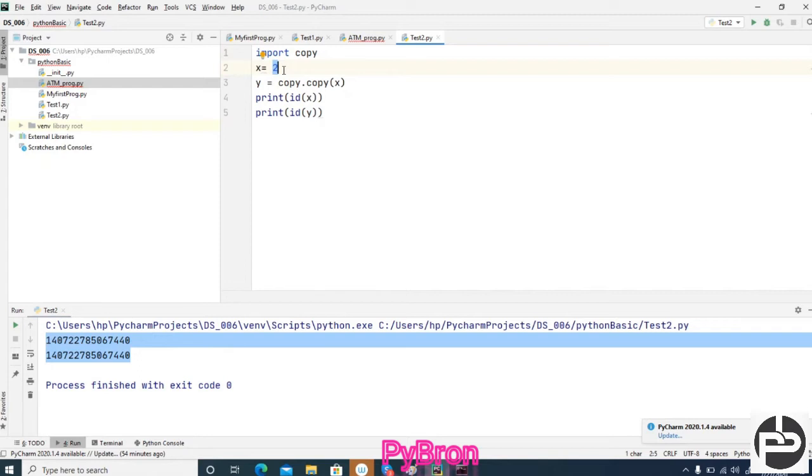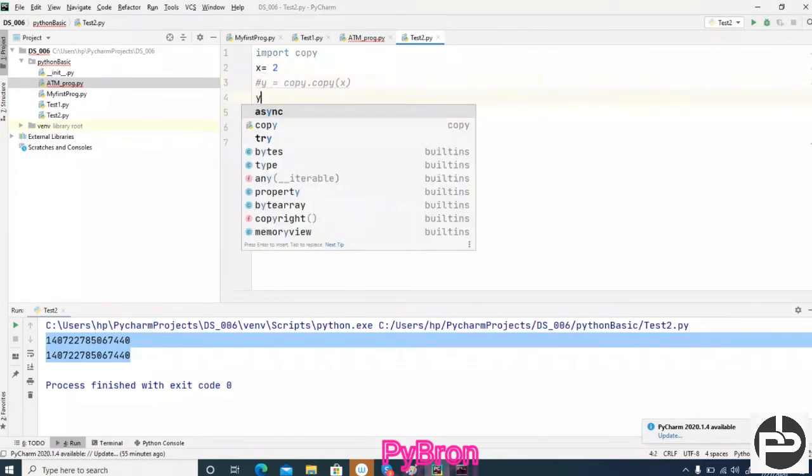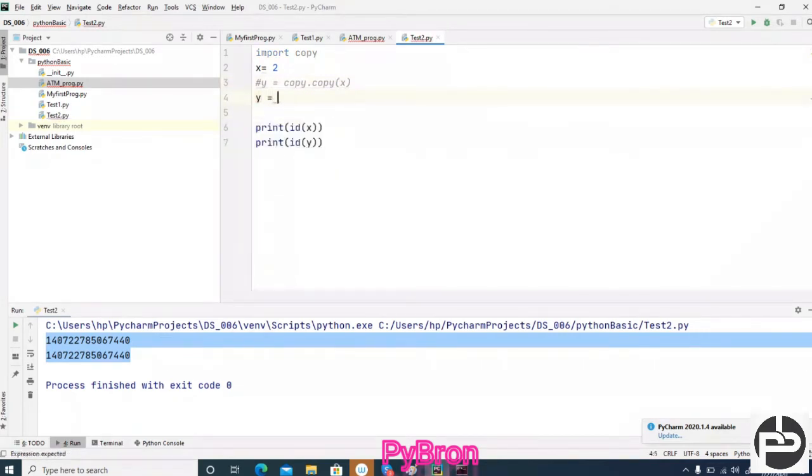I showed you also. But what will happen if I want to make multiple copies of the same data? That we should also know, right? So how to achieve that? I'm going to comment this line: y equal to copy.deepcopy.